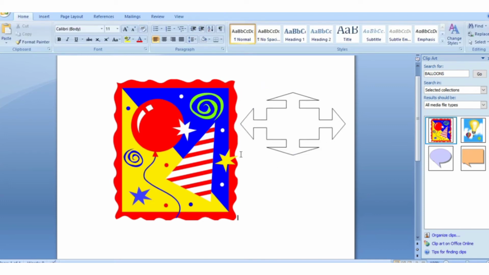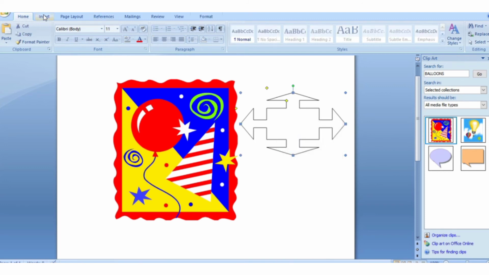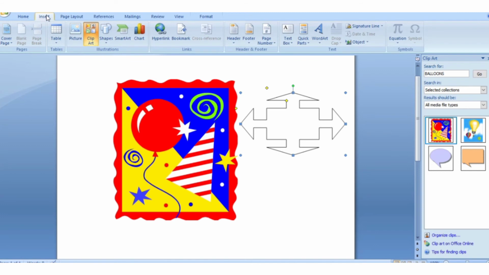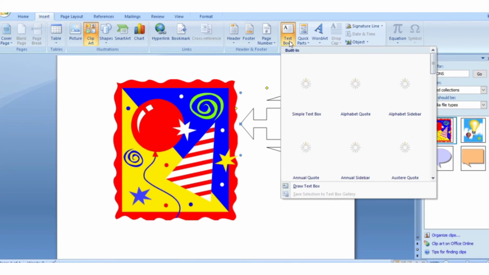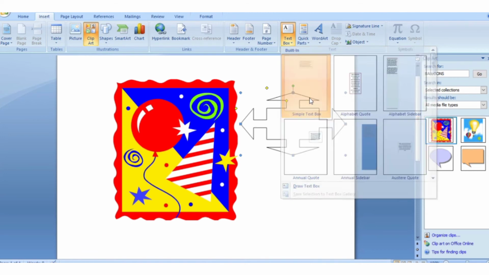Alright. Now next is adding text to the shape. If you want to enter some text in the inserted image, what we will do, we will go again to the insert option, and here you will find in the text group there is a text box. We will select the text box, and here it is asking us what kind of text box you want to add.